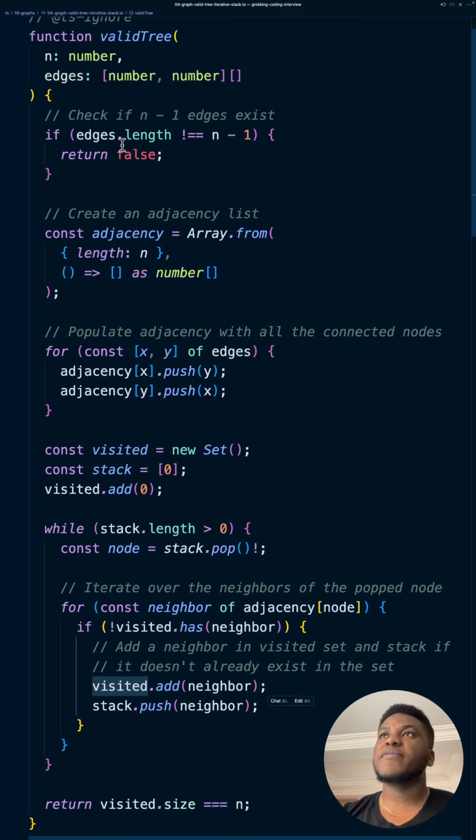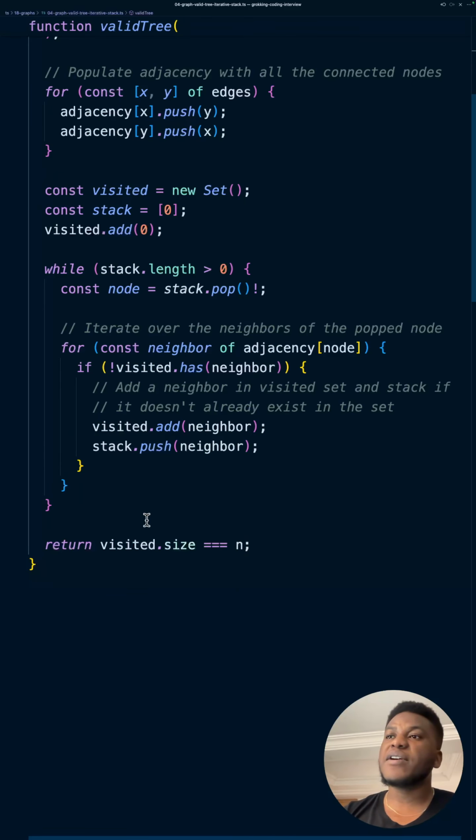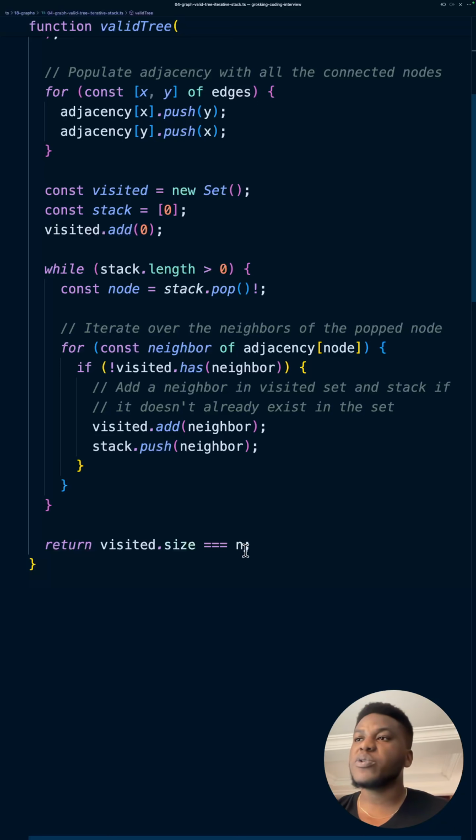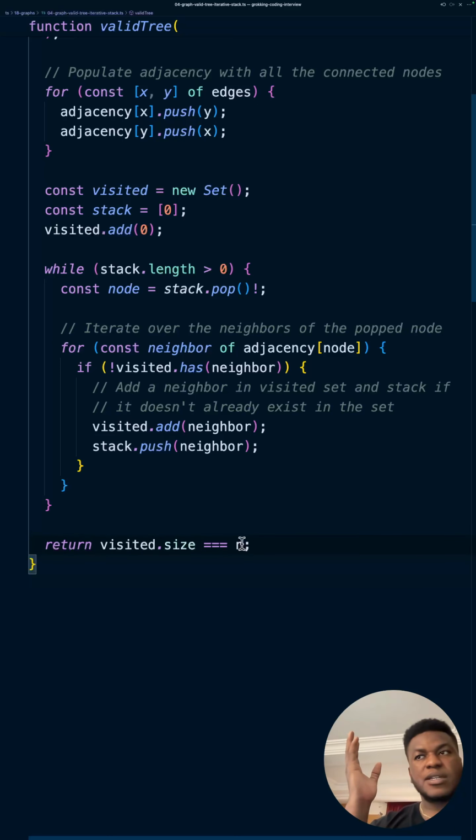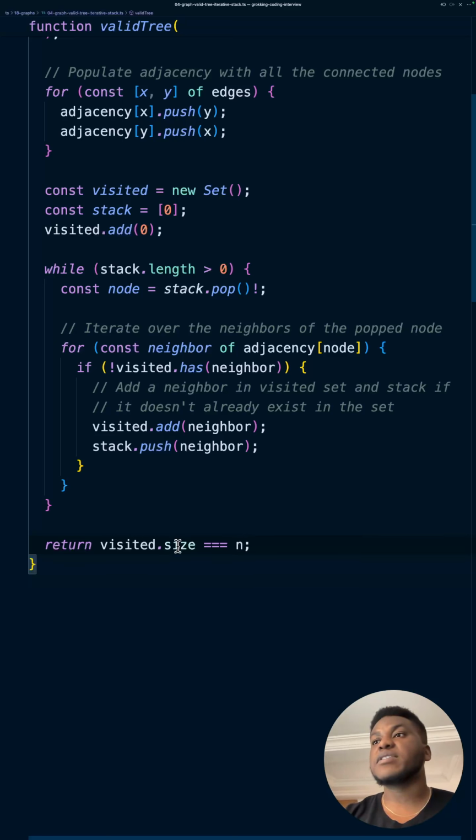The first condition is if the edges aren't what they should be, return false. And in this case, if the amount of connected nodes doesn't equal n, it means there are some disconnected nodes and it's not a valid tree. Or if it's bigger, right? If the number of things we visited is